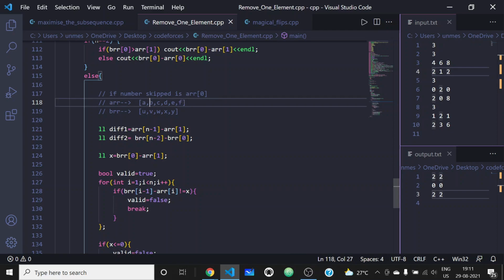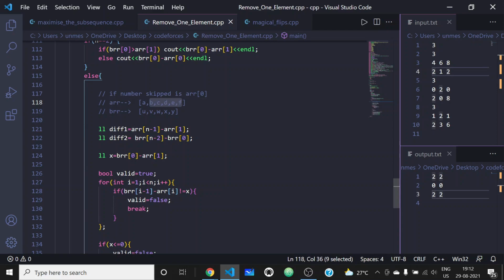So if we check the condition that the difference between this and this is equal to this and this, then we can't surely say that only the first element was skipped, because if all the differences between these corresponding elements are the same, then the difference between this and this will be equal to the difference between this and this also.